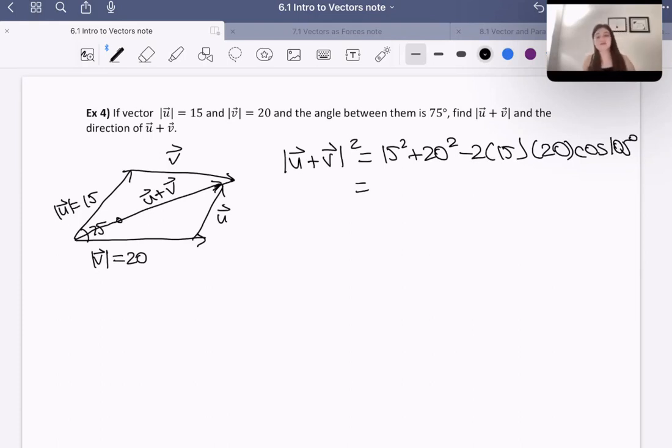Why is that? Well, we have to apply cosine law in order to find this because it's not a right angle triangle, or at least we don't know that it is. In fact, I'm pretty sure it is not, right? But we don't know that it is a right angled triangle, so we're going to assume it isn't. And so, in order to find the magnitude, we need to therefore use sine law or cosine law. We don't have the information at this point to use sine law, so I'm going to use cosine law. Okay, so that means that this is equal to